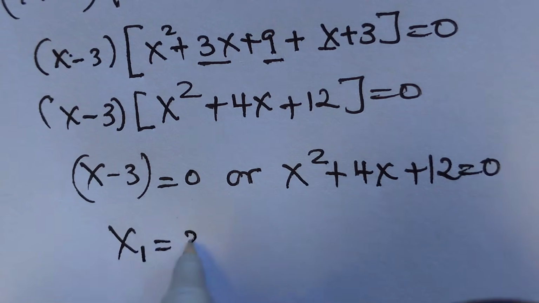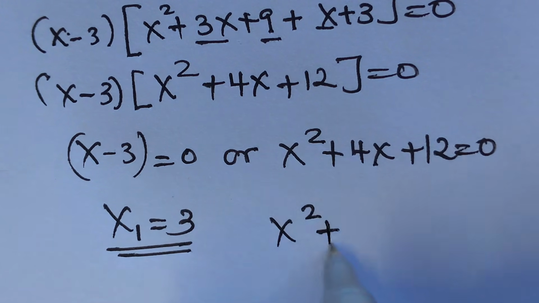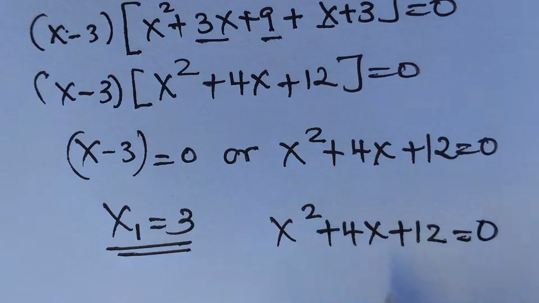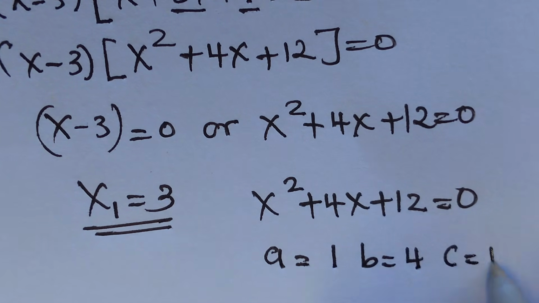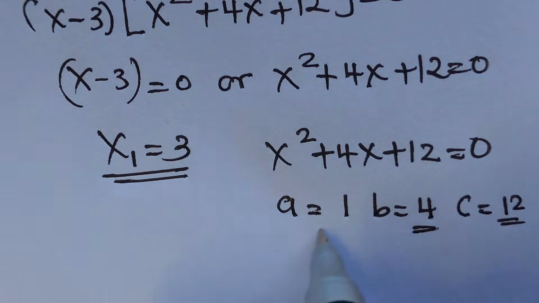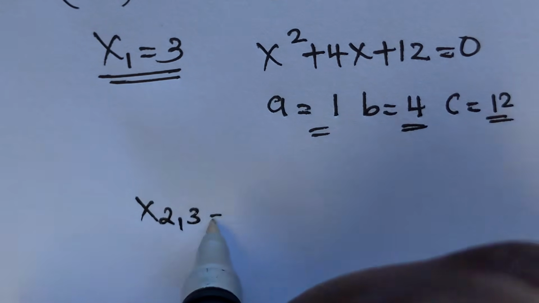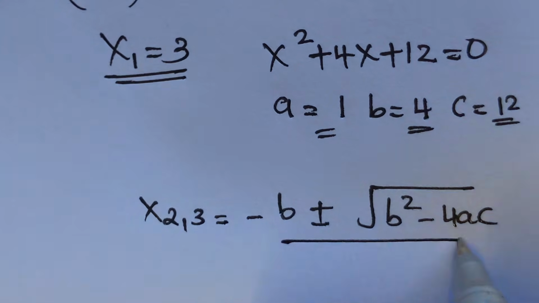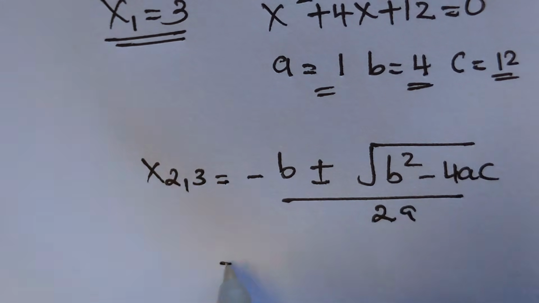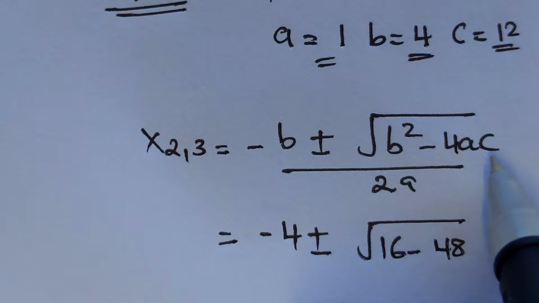So we have the value of x: x1 equals 3. Here we also have the quadratic equation x squared plus 4x plus 12 equals 0, where a equals 1, b equals 4, and c equals 12. Then, finding x2 and x3, x equals negative b plus or minus the square root of b squared minus 4ac, over 2a, which is negative 4 plus or minus the square root of 16 minus 48, due to 4 times 12,